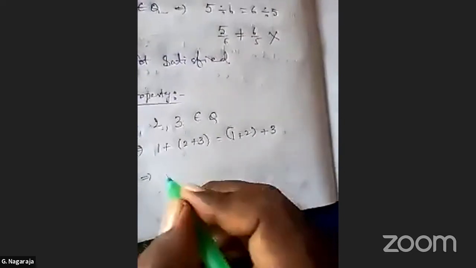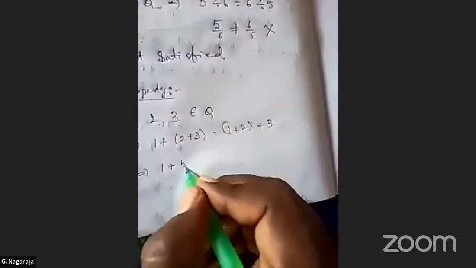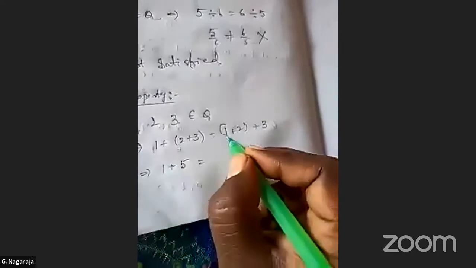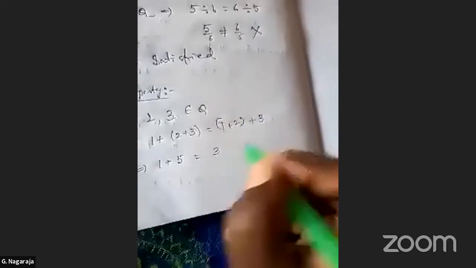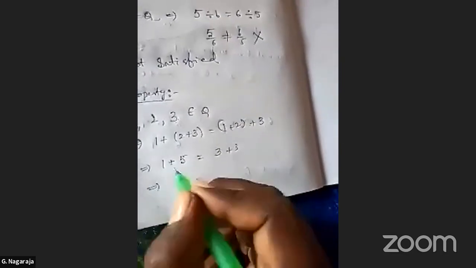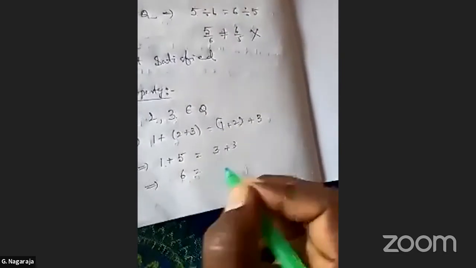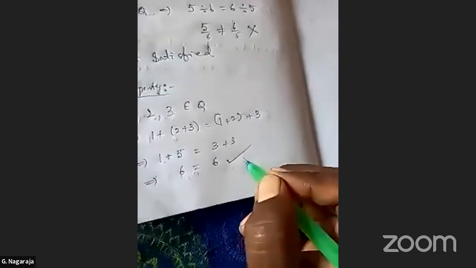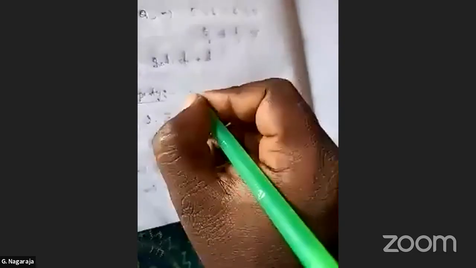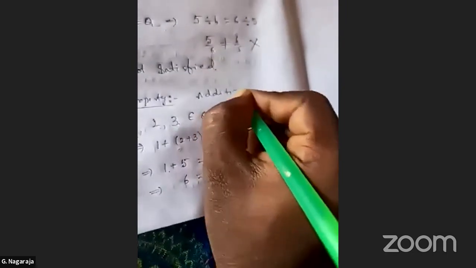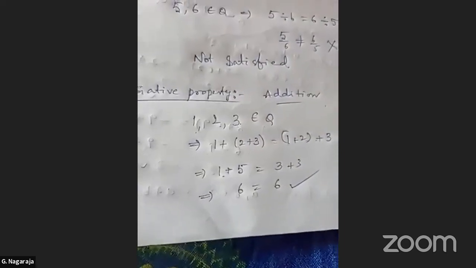Then (1 plus 2) plus 3, how much? 3 plus 3 is equal to 6. And 1 plus (2 plus 3), how much? 1 plus 5 is equal to 6. So it is satisfied under addition. Associative property under addition is satisfied. Another example,